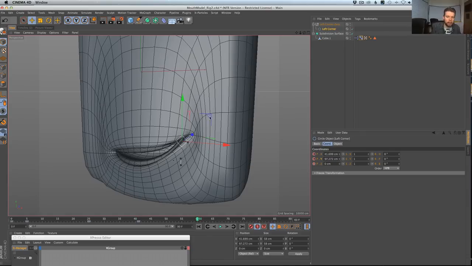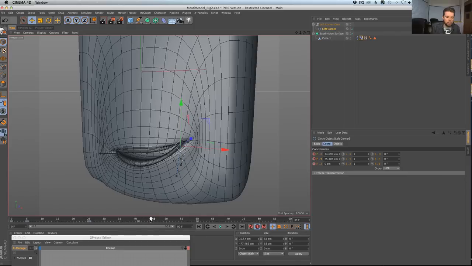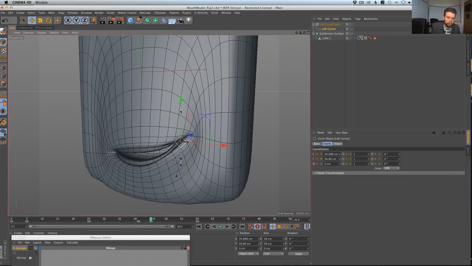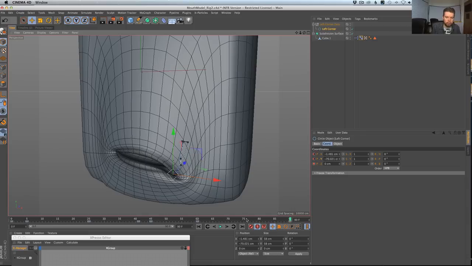So he held that smile for a while, but now somebody told him something he doesn't like, and he's going to be very sad. It's going to drop down. But in the same way we anticipated before, why don't we pull this up before we go down? In fact, maybe we can pull up and out a little bit. So now he's going to frown. He's going to be very sad. And now maybe that'll just hold through the rest of the animation. We want it to be a little alive, so I'll just do a little motion there.